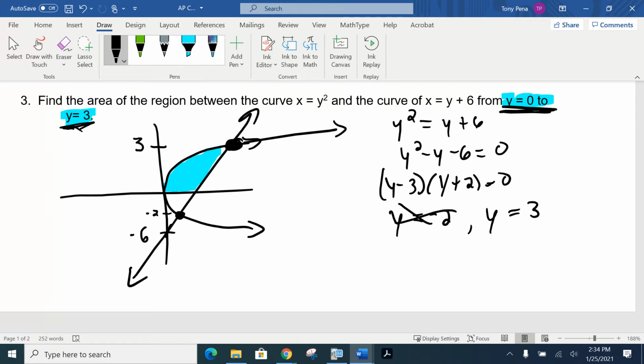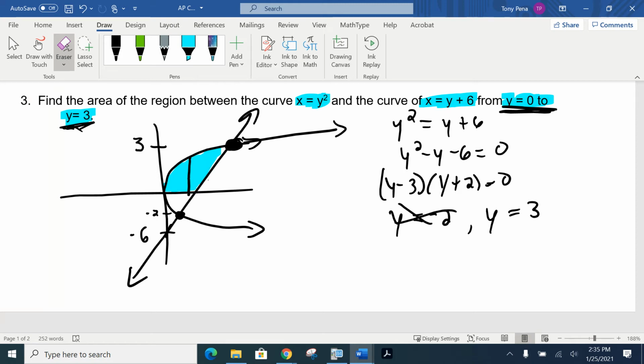When we now decide, are we doing tops and bottoms or right and left? There's a couple of giveaways. One, the way this is written, it's a function in terms of y. That implies we probably want to do right and left. The other issue is, if I were to draw in rectangles here, notice how the bottom curve is going to change. Here the bottom curve was the x-axis, but as I move further right, the bottom curve is going to become this line. So the fact that the bottom curve changes, we would need multiple integrals